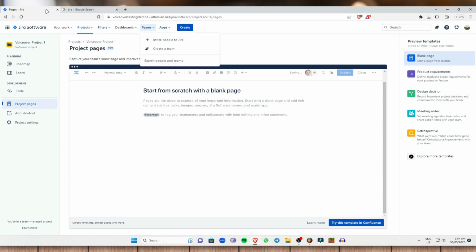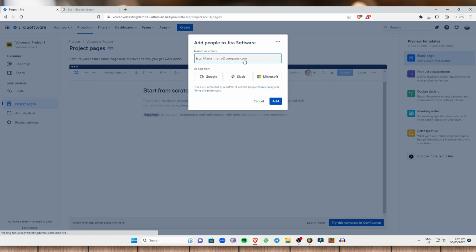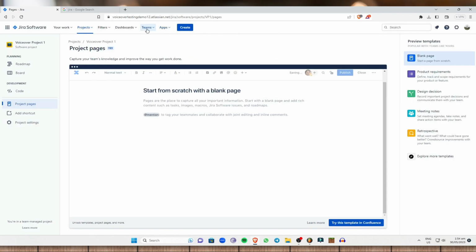And next is the team. You can invite people to JIRA, or you can create a team right here. If you want to invite people, we have done this recently, you can type in the email, or you can add them from Google, Slack, or Microsoft. So that's basically it. And if you want to create a team, just click on create a team right here,